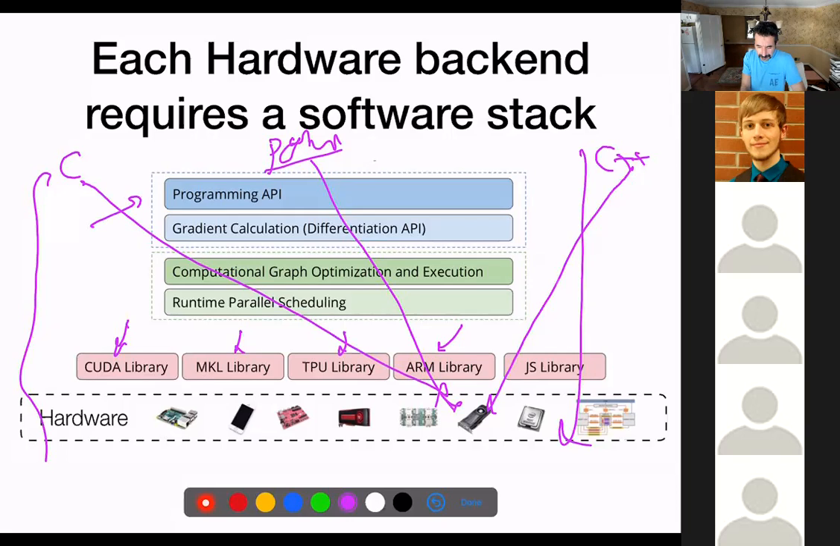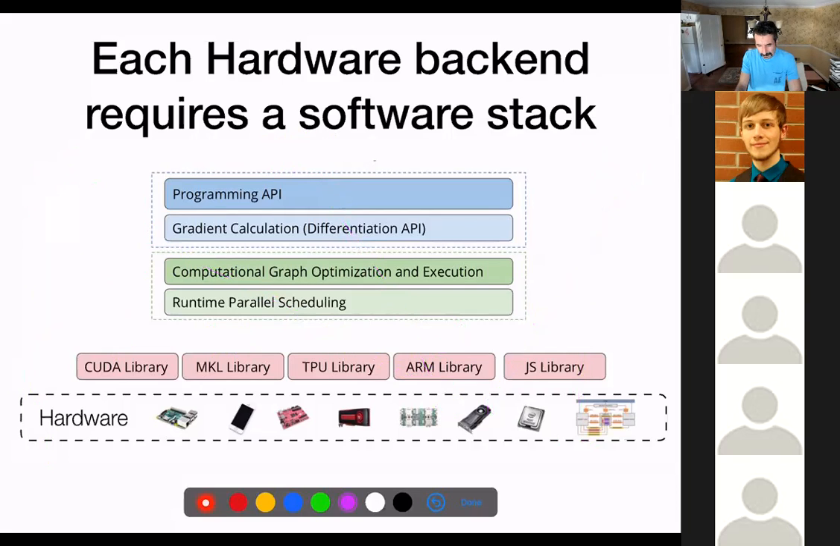And then some of these optimizations, and it was several years like this where for each hardware people needed to deal with this detail of, for example, I want to run on Intel, right? I need to deal with this MKL library. But then